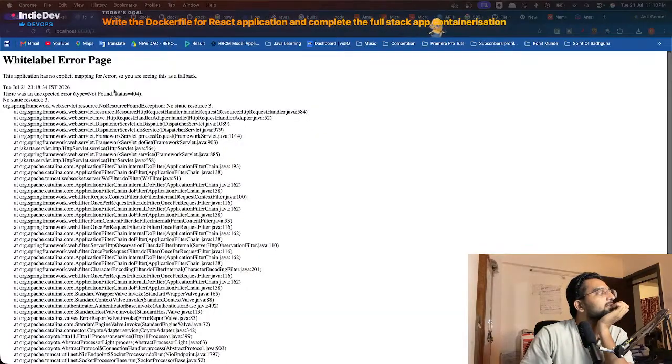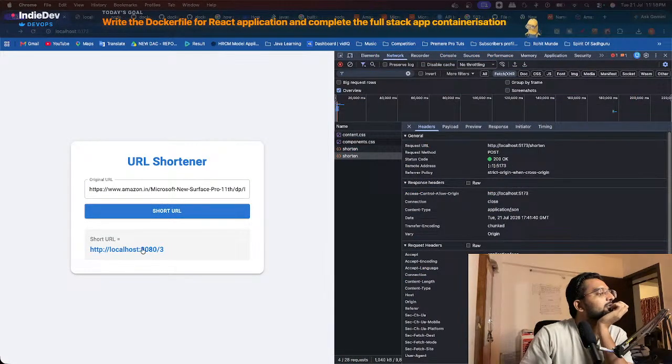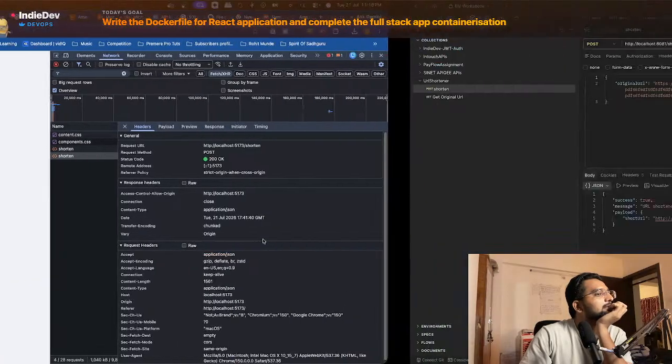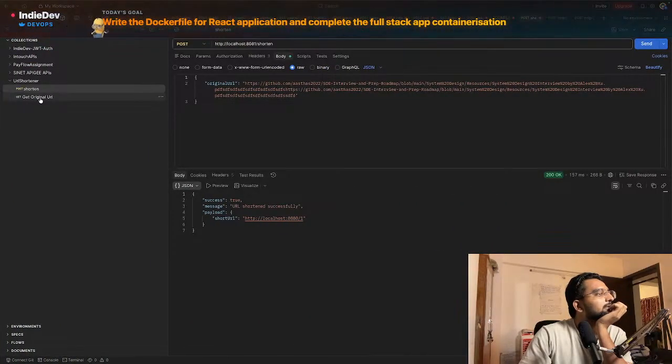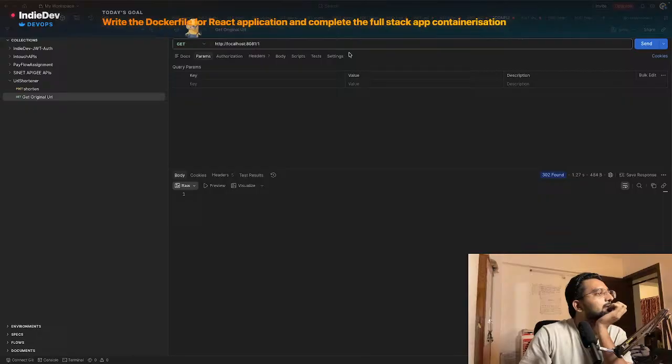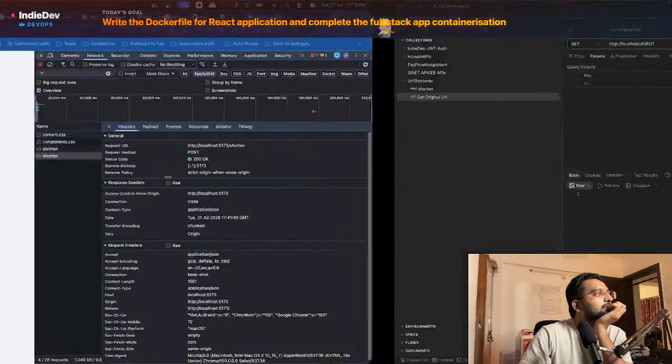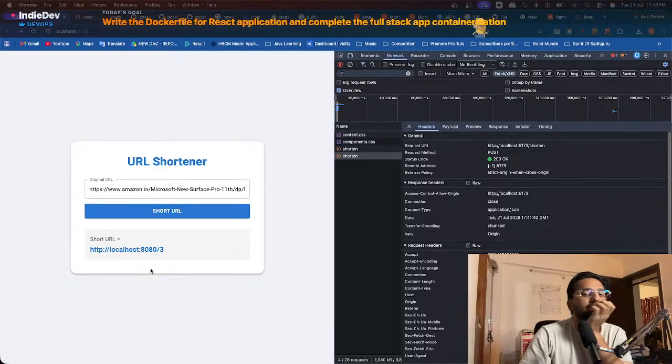This will not work, this URL. It should change to what is the URL? 8081. localhost 8081। ओके।